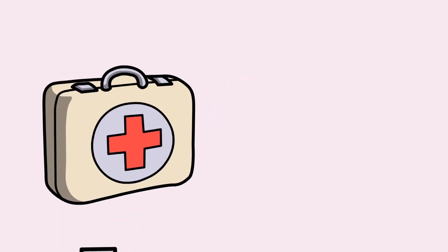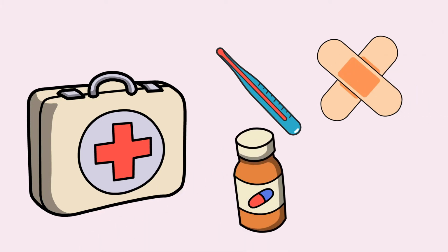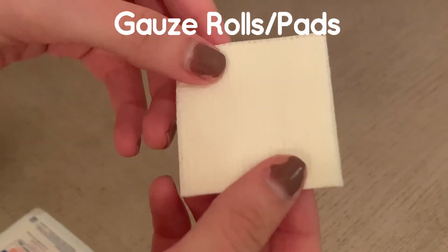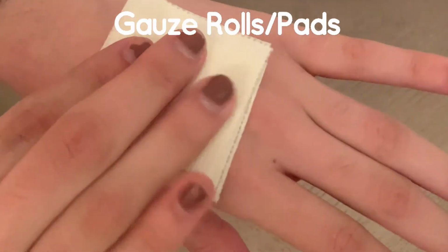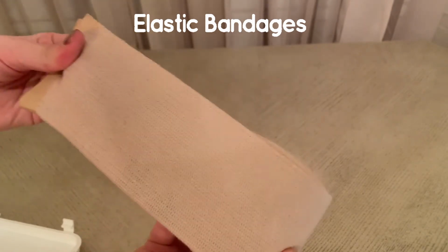Many contain a variety of bandages for cuts and wounds, along with antiseptic ointment and over-the-counter medicine for aches and pain. Majority of first aid kits consist of the following: bandages, which are used for minor, small cuts; gauze rolls, which is used to help stop bleeding and to keep wounds clean, especially for medium-sized cuts, burns, and scrapes; elastic bandages that help reduce the blood flow to an injured area and to help limit swelling, as well as used